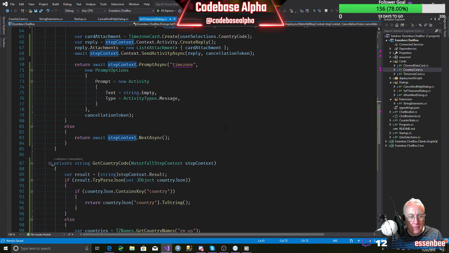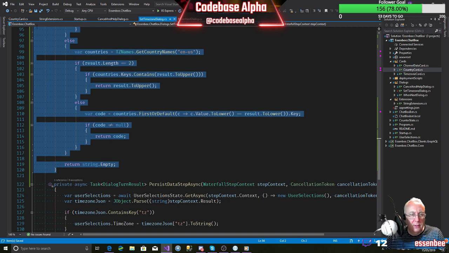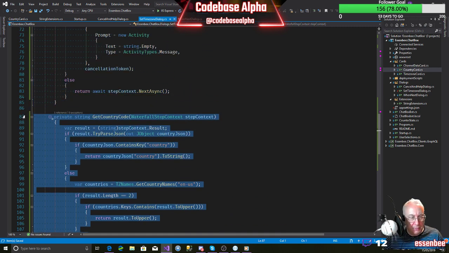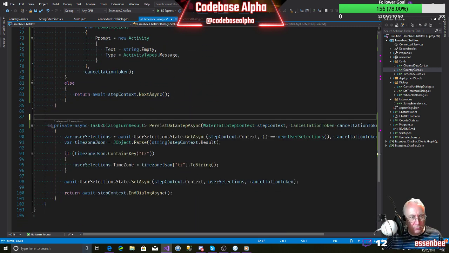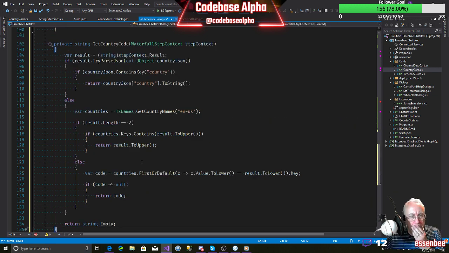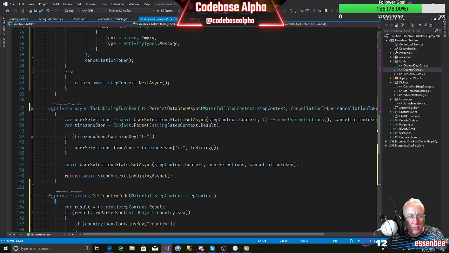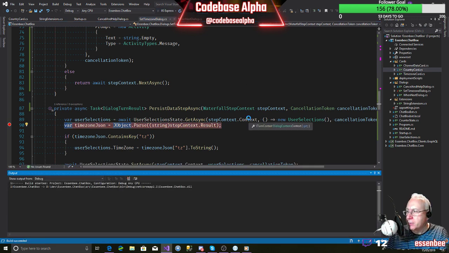Okay. So now let's move this out of the way so it's not sitting in the middle of our waterfall dialog steps. Put it down the bottom here. Okay. So here is what we seem to be hitting another error, and it's probably because of this, isn't it? So let's just stick a breakpoint here and run it up again. Let's see what happens.